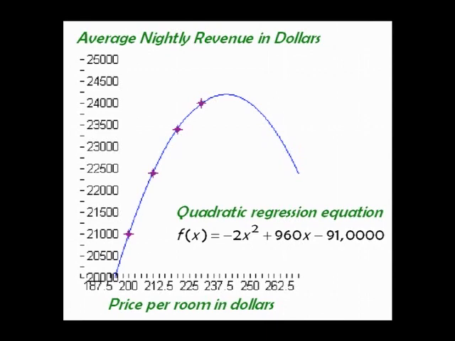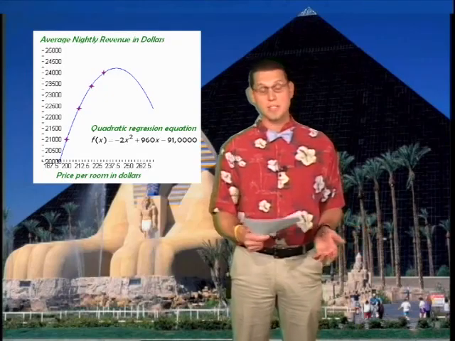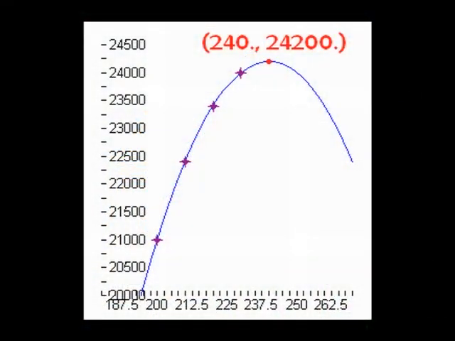Now once you have that, you have your model. You can see that it's a parabola opening down. And we're trying to maximize the revenue, which is at the very top, or the vertex. We remember how to find the vertex by hand. It's just negative b over 2a. That's the x-coordinate. Or you can do it on your graphing calculator by finding the maximum. Once you do that, you get the next graph, and you can see that the vertex is at the point 240,